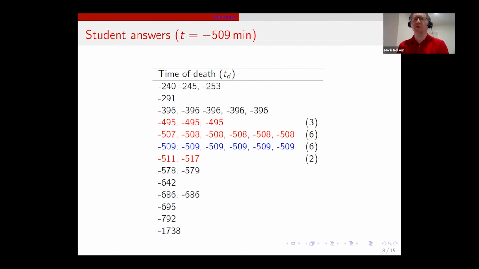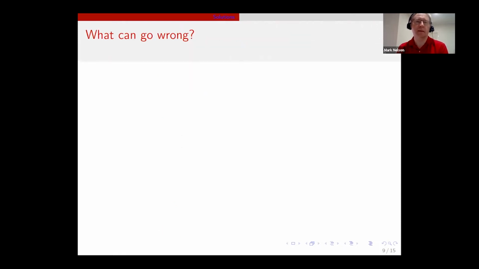Why is that the case? How can students go so badly wrong applying linear regression when they've already learned that technique in first year? So what can go wrong? What went wrong? Originally I was going to do everything in the logical way and go through it carefully, but I want to show this figure immediately because this is something that I found shocking. I was shocked by this when I started to look at the answers.